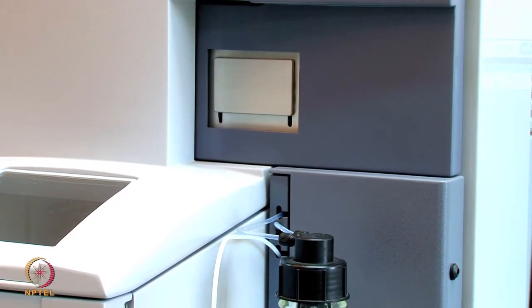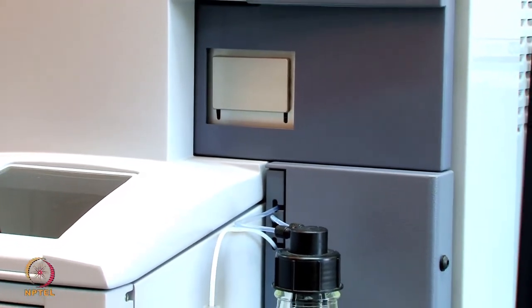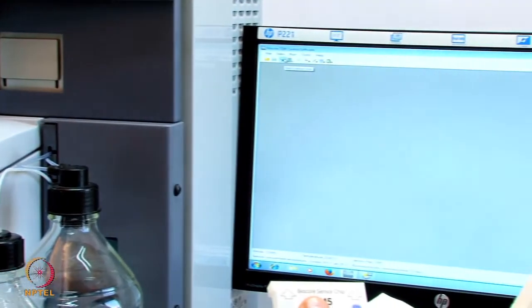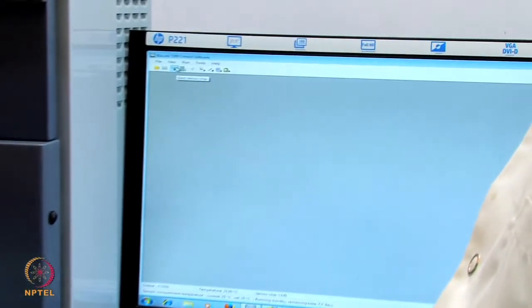From the control software, we will eject the sensor chip that is connected.